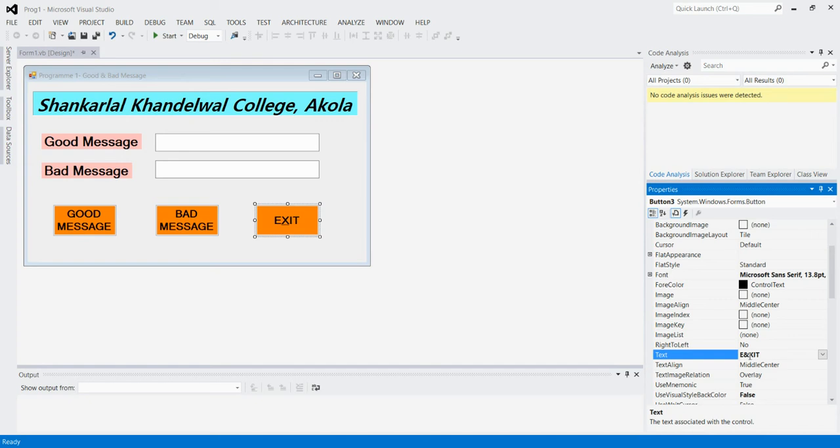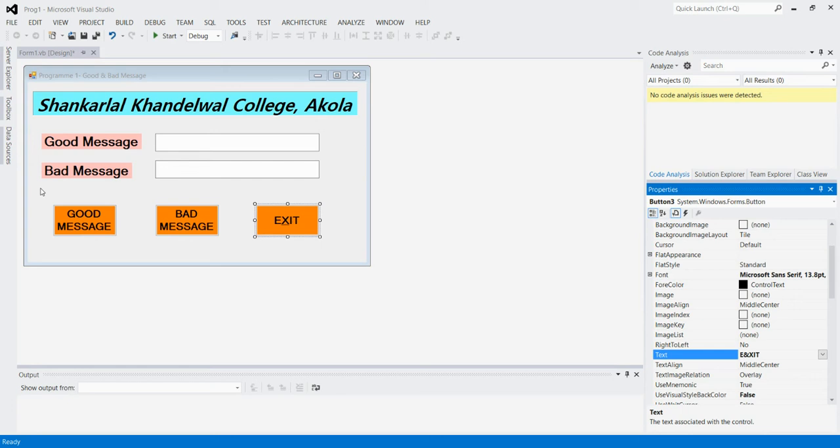This ampersand works as an accelerator. This accelerator key is used as a shortcut key for that particular button. In place of using the mouse, we can press the Alt key with X and perform that button's job also. The ampersand we have added is the accelerator for it.